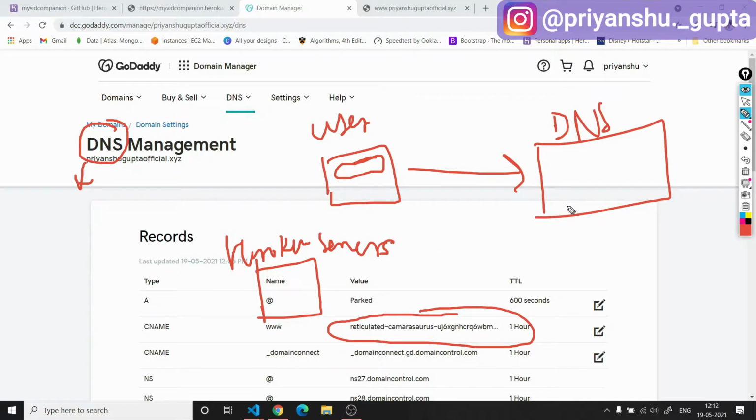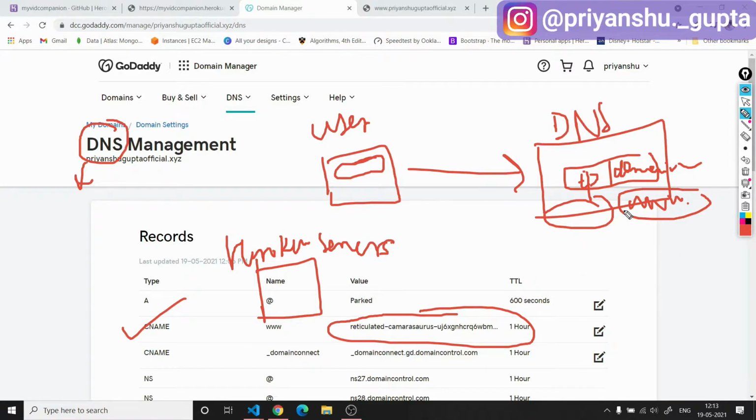And then what happens is, when we add a CNAME record in the DNS server, this DNS server basically contains a database, and this database contains the records of different IP addresses and domains. So let's say we have 2 columns here. There will be some more columns as well, but let's focus on these 2 only. Suppose this is a target or IP address, and here we have a domain. As soon as we add the CNAME record here, then corresponding to www.priyanshuguptaofficial.xyz, it has added the DNS target of Heroku. So now this DNS server will point towards the Heroku server.